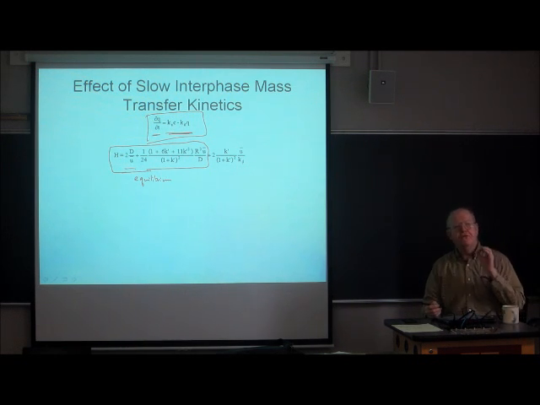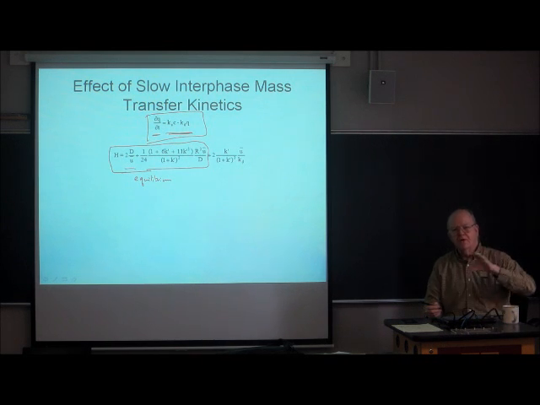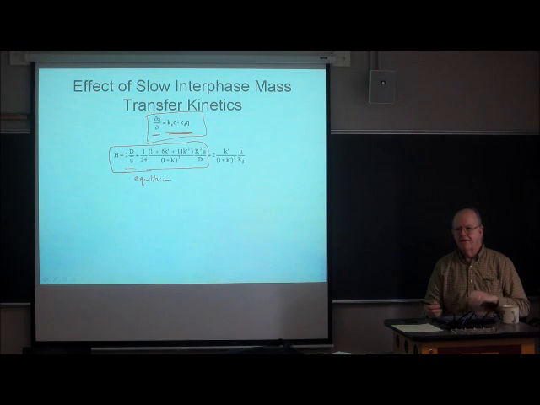Now, if we assume that that process is purely 100% diffusional, and there's no interfacial kinetics involved, which is generally the case,